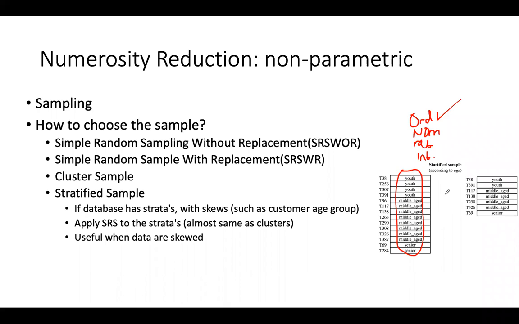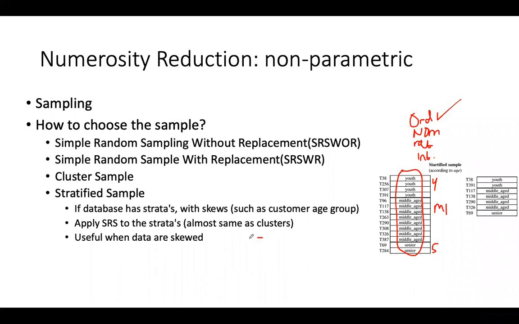You can see here we create strata. What we do here is divide the data into strata. We have strata for youth, middle age, senior, and so on and so forth. Now, here is a good question: what happens if we did not divide it into strata? Let's say we wanted to just perform probably,